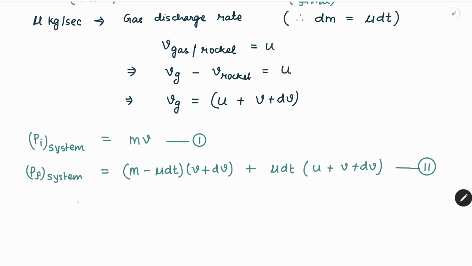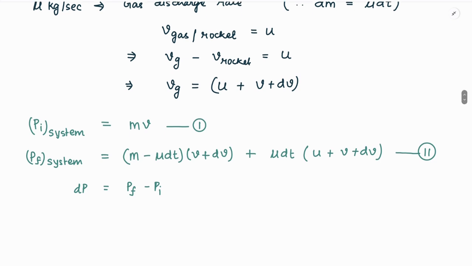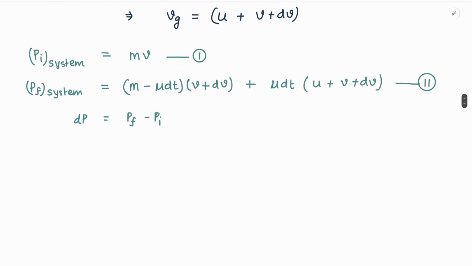Now using these two equations, we can calculate the change in momentum. The change in momentum dp of the system is equal to p final minus p initial. If we subtract the final momentum and the initial momentum, then we will get the change in momentum associated with this entire system. So the change in momentum dp is equal to p final, and p final can be written as mv plus m dv